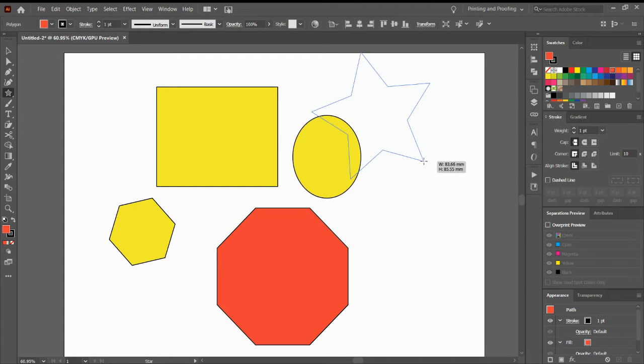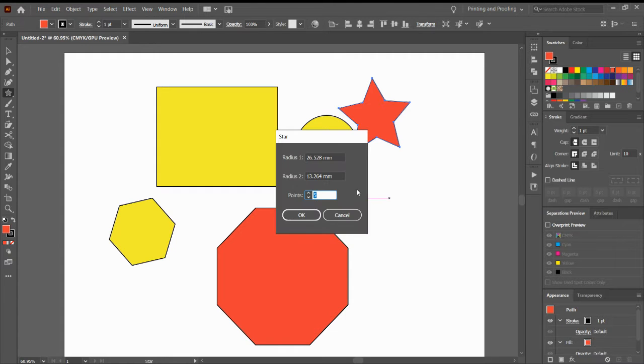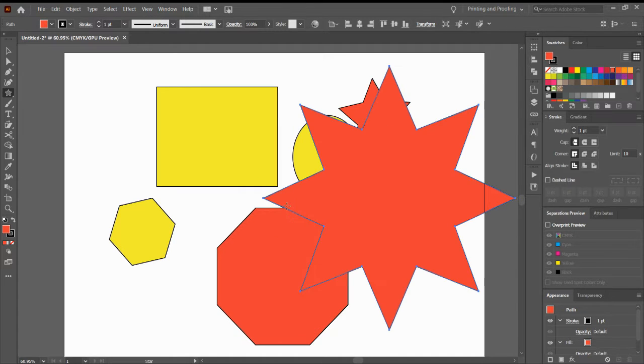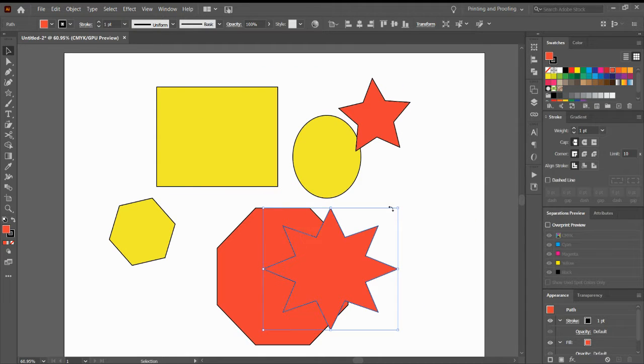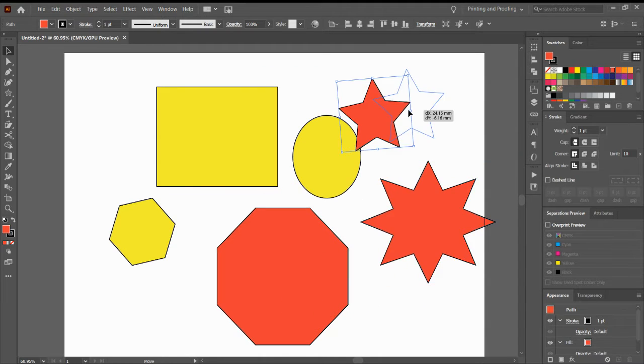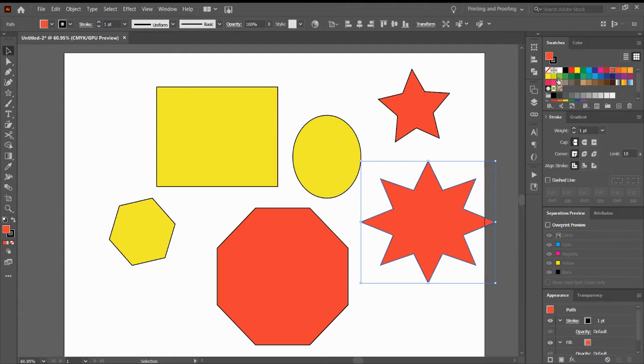Then we have the star tool. Star, you can specify the sides again. If you want 8 sides, I can, and you want to change the radius, 80, and the inner radius as 50. Let's see what happens. You see? So this is my 8-sided star, and that was my default star. See the difference, guys? Okay, are you with me?